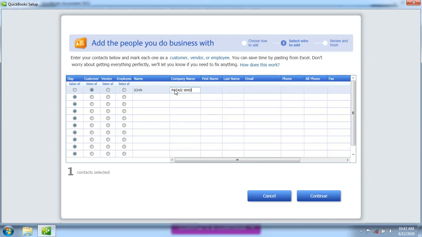Patasi Wholesale or Patasi Technology. That's their company. Their first name is John, and their last name is Patasi. They've given their company after their last name. Their email, sorry, it's John at gmail.com. John P at gmail.com. We need to enter their phone number, and their phone number is